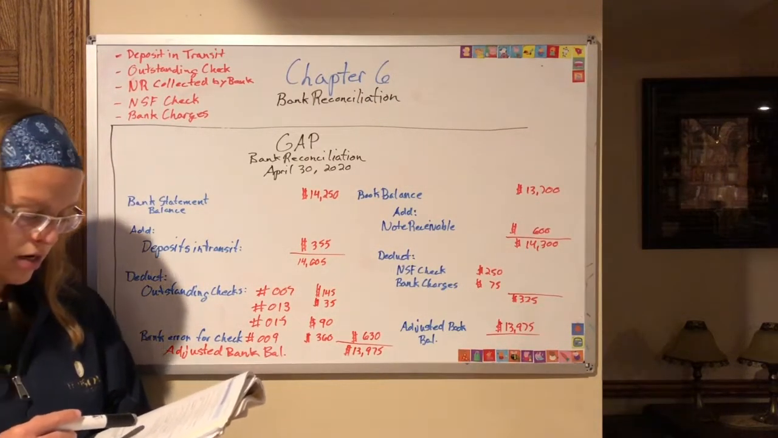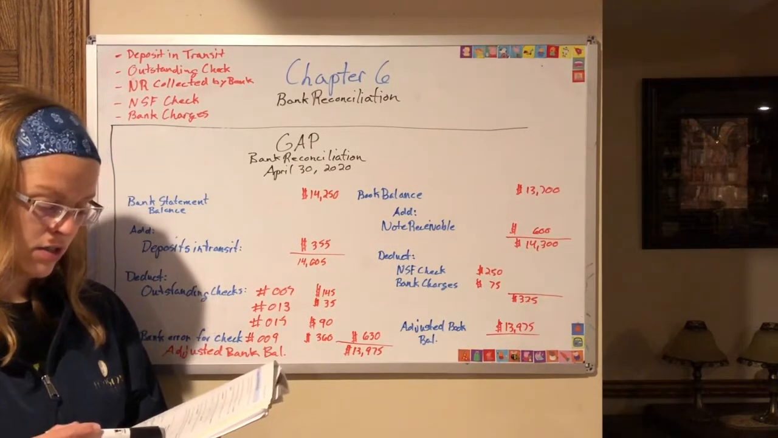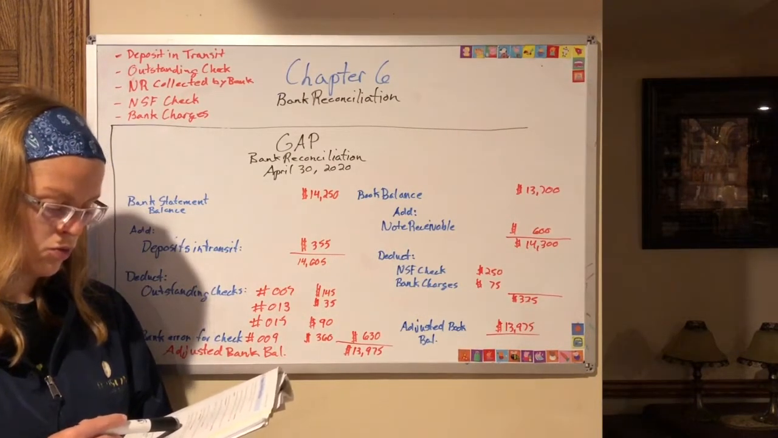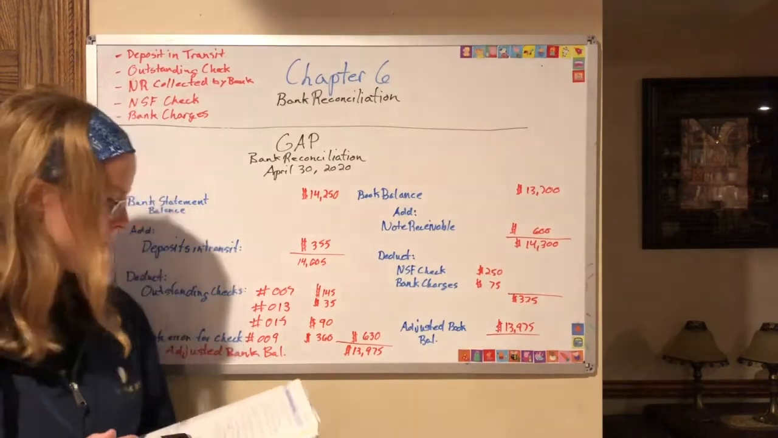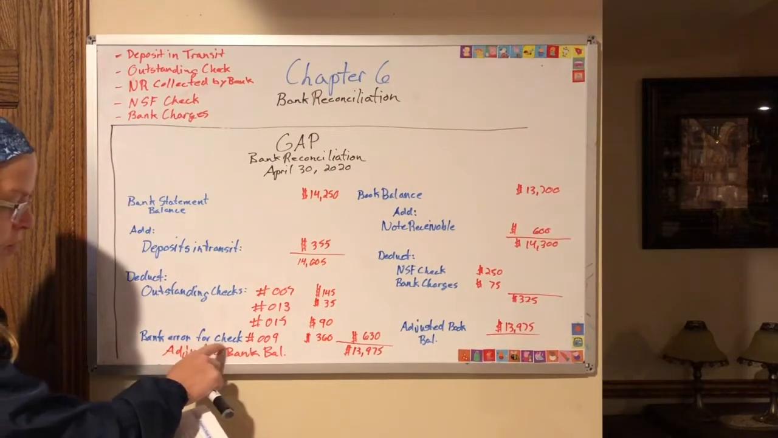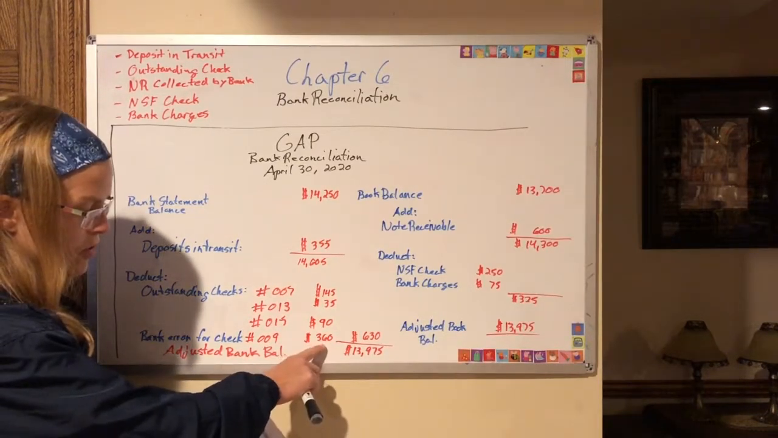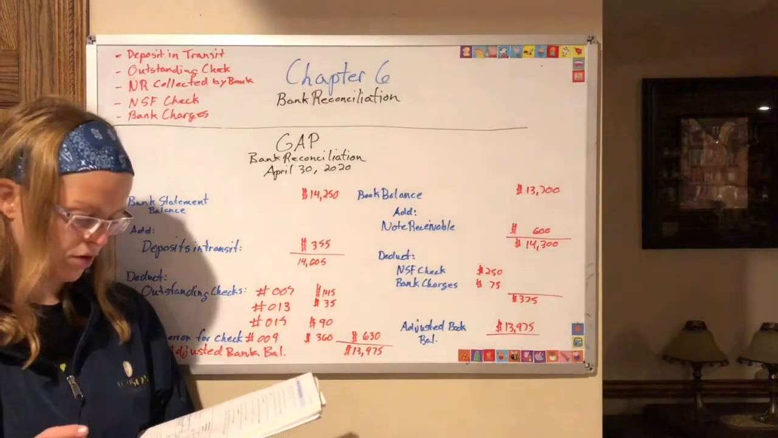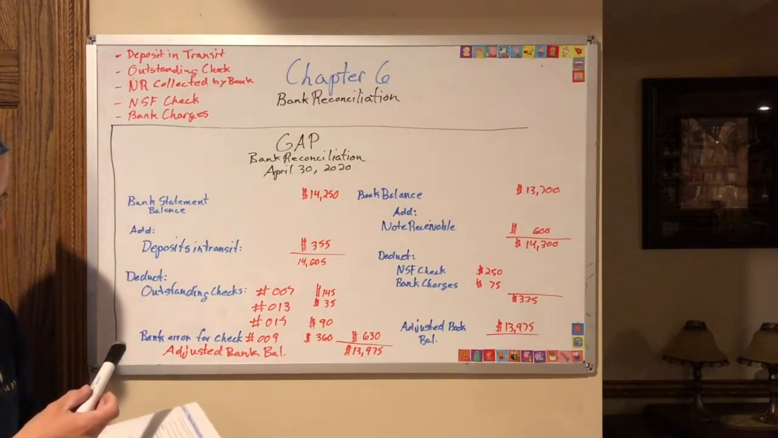The bank erroneously reduced the company's bank account balance by $370 for check number 009, which was written by the company for $730. All right, so the bank error would be adjusted here. Bank error for check number 009, and it would be $360. The $360 adjustment for the $730. All right. So then